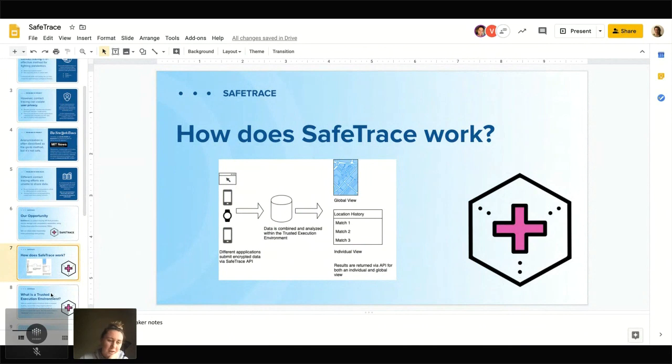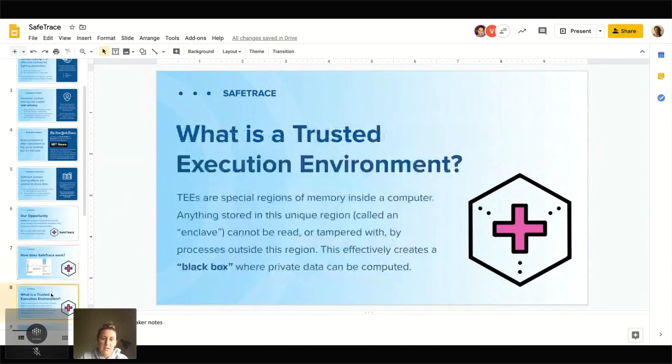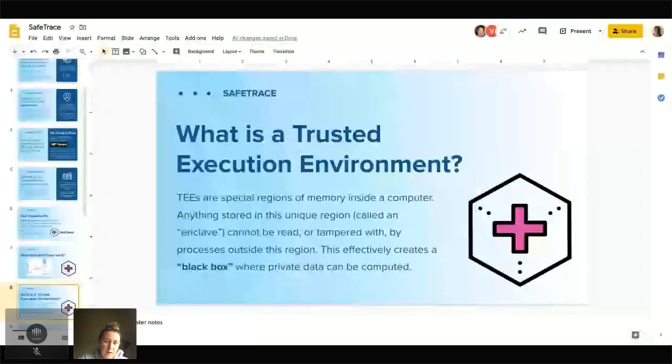Yeah. So just a little bit of background, because I know we've talked about a bunch of approaches to achieving privacy. Here, what we work with is something called a trusted execution environment. These trusted execution environments are essentially regions inside of memory inside of a computer that generate their own key pair, and even the person who controls that computer is unable to see the data that's being submitted to that black box, that enclave.